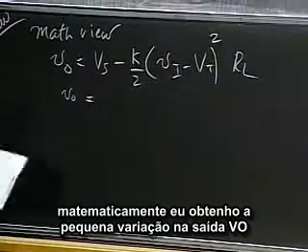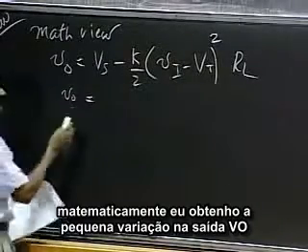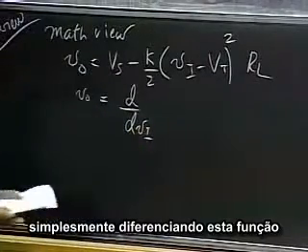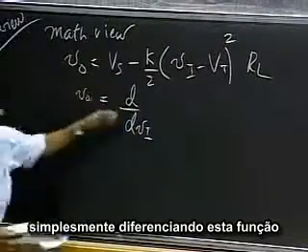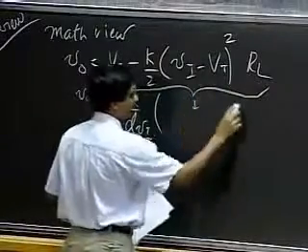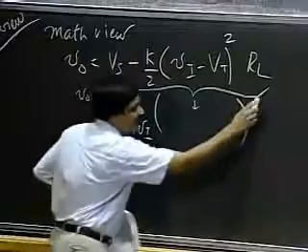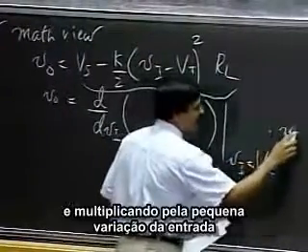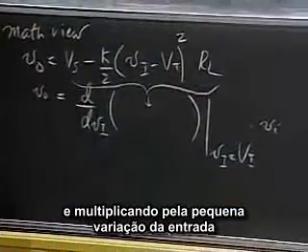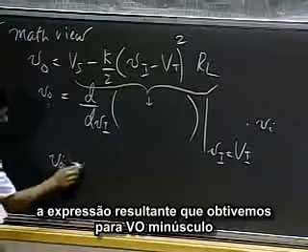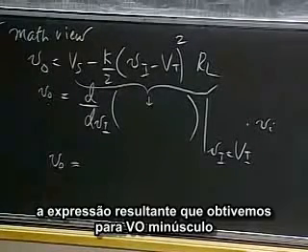And mathematically, I could get the small change in the output v0 by simply differentiating this function with respect to vi, evaluating that function at capital Vi and multiplying by the small change in the input. Okay? And the resulting expression that we got for small vo